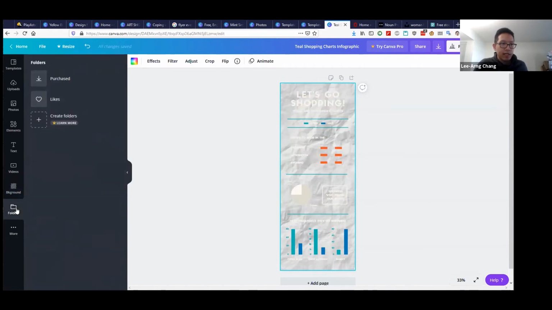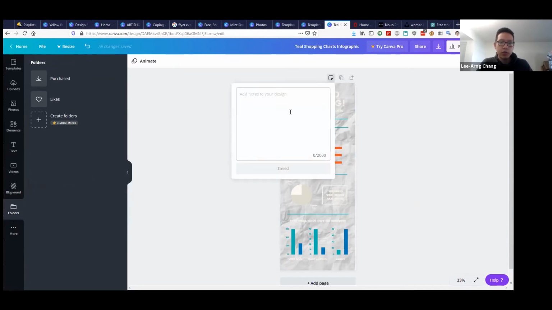And last of all, there are some organizational aspects to this. So if you are working in a team and you're creating several different presentations or flyers and you want it to be very consistent and you want to organize it by projects, you can utilize these folders and put some of these templates and projects that you're creating into folders to organize them and share them with other people. And there are other aspects to this. You can say comment, let me see, it's here. You can add some notes to this.